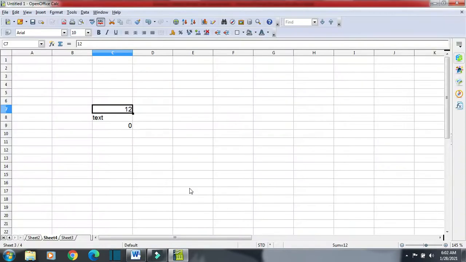For example, this cell C3: you can see the name of the cell is C3. It is formed by the intersection of column C and row number 3. How do we write the name or address of a cell? First we write the name of the column and then we write the row number.